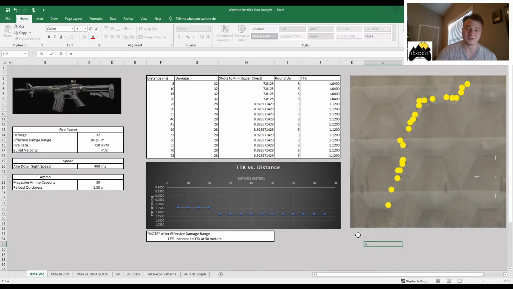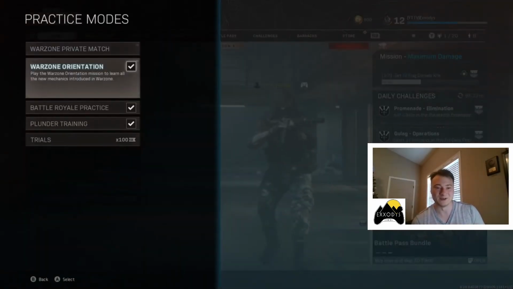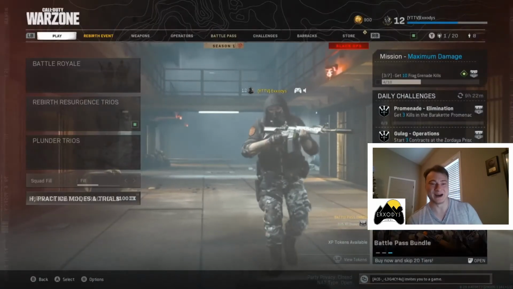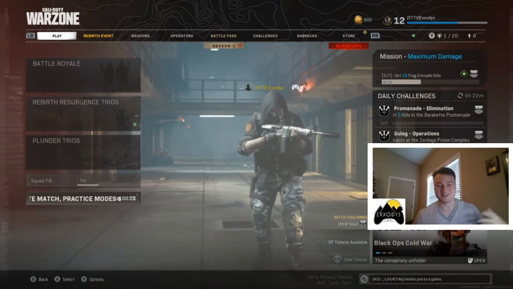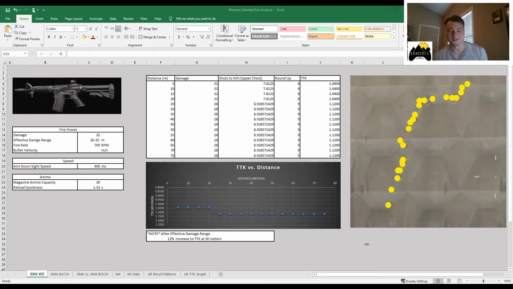For this video, I had to boot up Warzone and then go down to practice mode and then do Battle Royale practice, and I had to basically use this gun against bots, trying to position bots at a certain range and then shoot at them and then figure out what the damage was. This was obviously very difficult to do. It took a lot of time to do, but I plan on doing this for every gun despite how hard